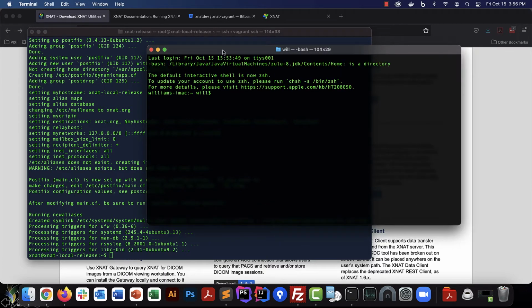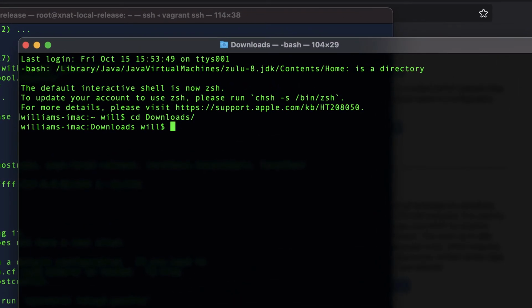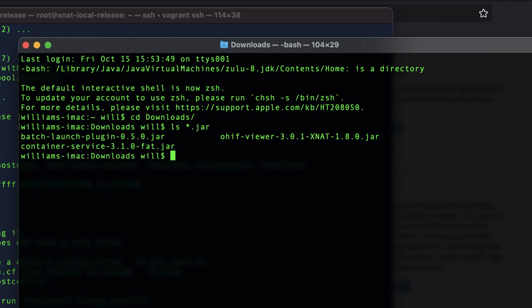So I'm going to cd into my downloads folder. And you can see I've got 3 jar files that I've just downloaded from the XNAT downloads page. I'm going to SCP all of them into my XNAT VM. And the reason that I changed the XNAT system user's password is to make sure that I can get access to it here from my local command line.